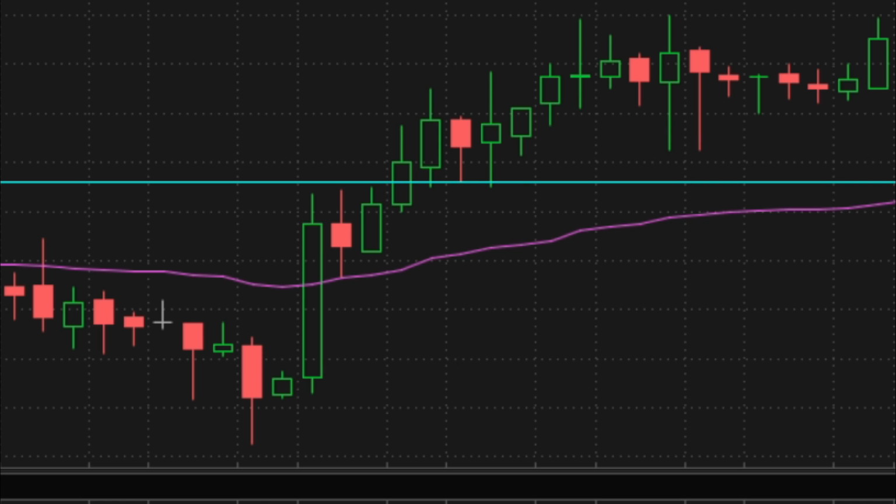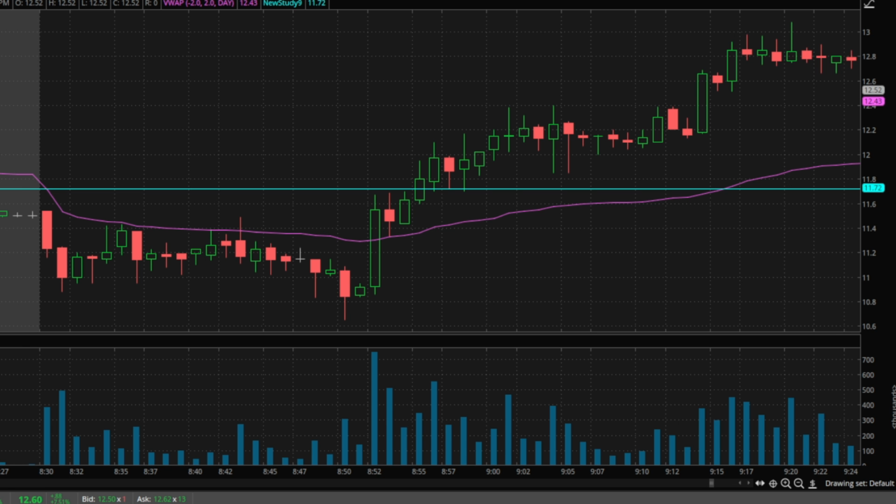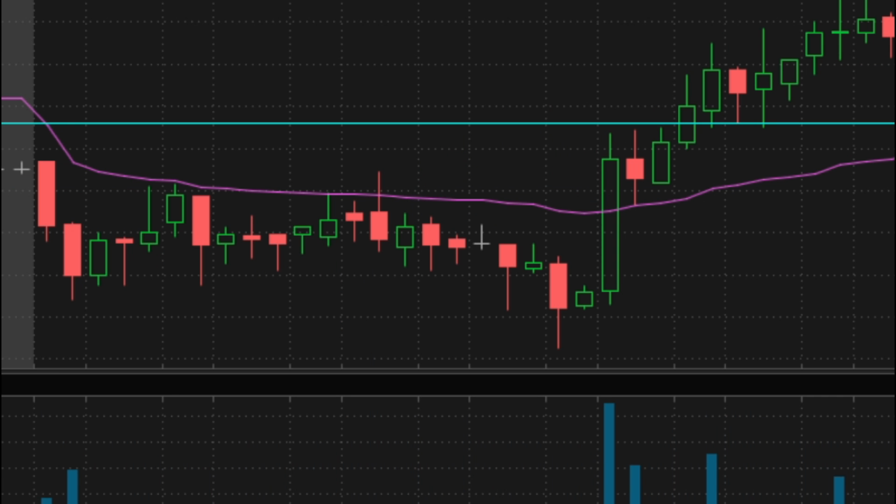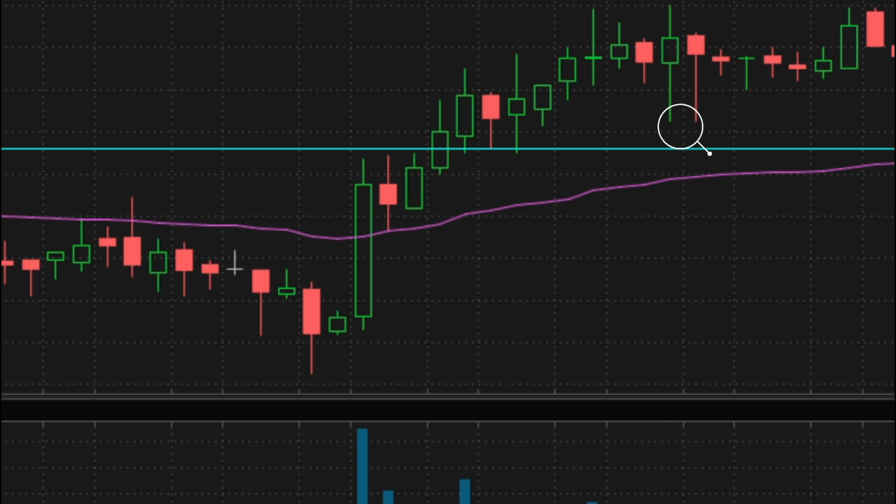For me as a scalper, I'm buying these pullbacks and I'm scalping out around the previous high of the day up here, and I'll rinse and repeat that until it stops working. And the big thing to understand with this specific setup is that it will eventually stop working. But if you condition yourself to get out when you're supposed to on your losses, it should work at least 60 to 70% of the time. Again, at least. Usually it works more than that, and I just keep attacking these pullbacks until it stops,